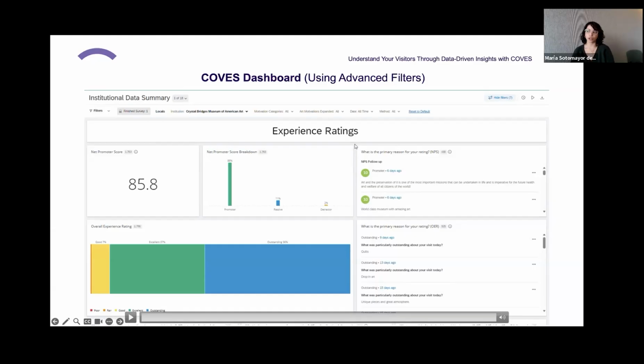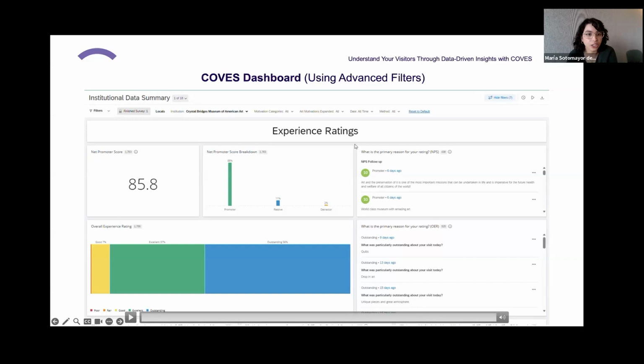So for COES, when we're thinking about local and tourist audiences, these are all self-defined. So a visitor has to identify as a local or as a tourist to be able to do these filters like we just showed you. There's another way to get more granular. However, we're not going to get into that because that's just opening a whole box of worms. But you can dive into some of your zip code data and your raw data and get more detailed answers there.